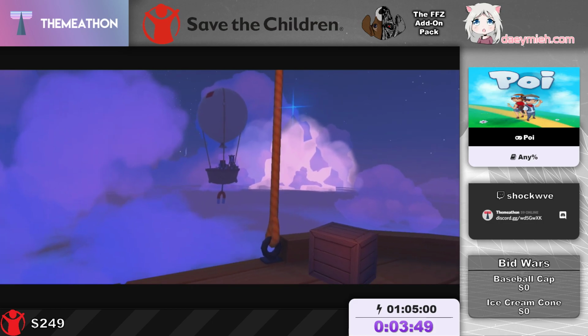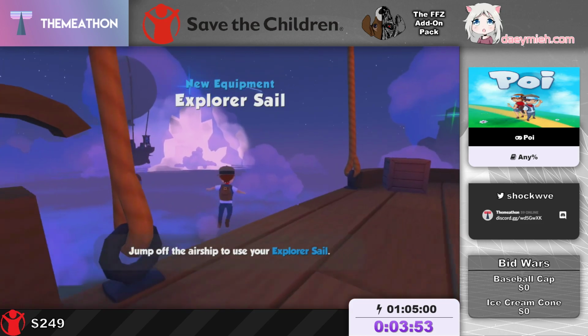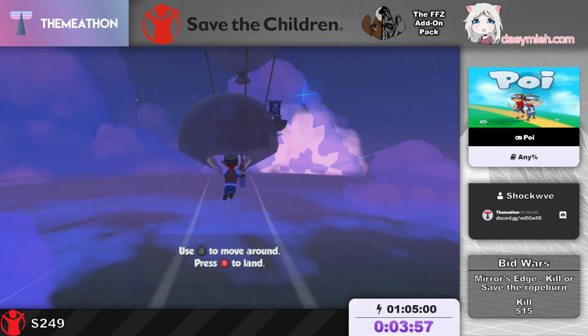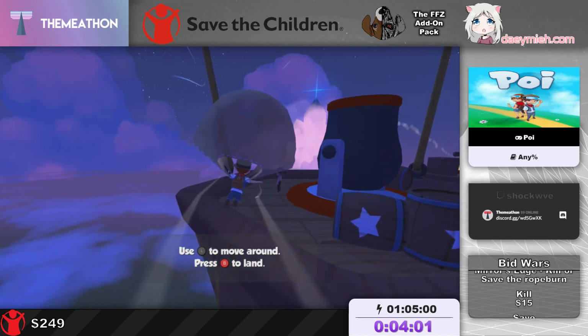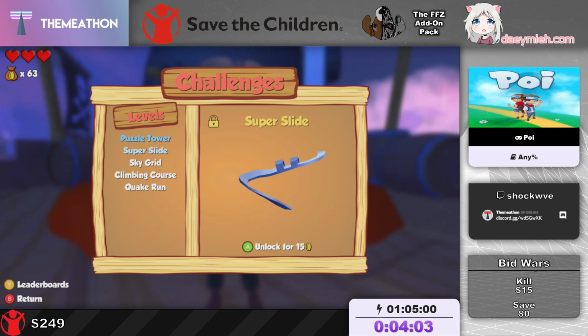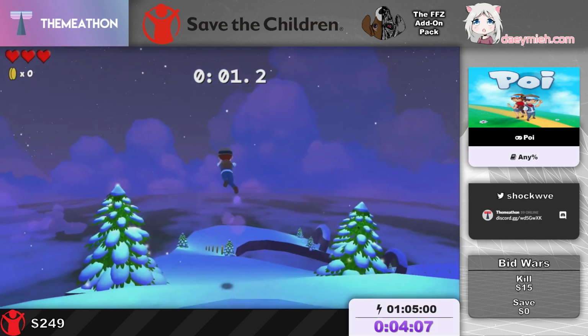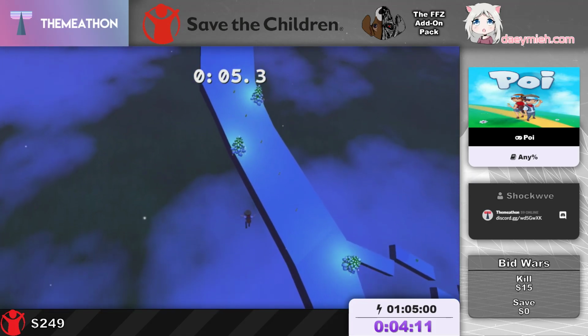So now we're going to go to the first challenge level of the game of Super Slide. I have 63 coins. That should be fine. This level costs 25 coins, so that should put me around 38. It's going to be extremely tight, so I'm going to probably have to get a little bit of extra coins. Oh, it's actually 15 coins, my bad. I have plenty of money. I thought it was 25. I was thinking of a different challenge level for this one, so I'm just going to make sure that I